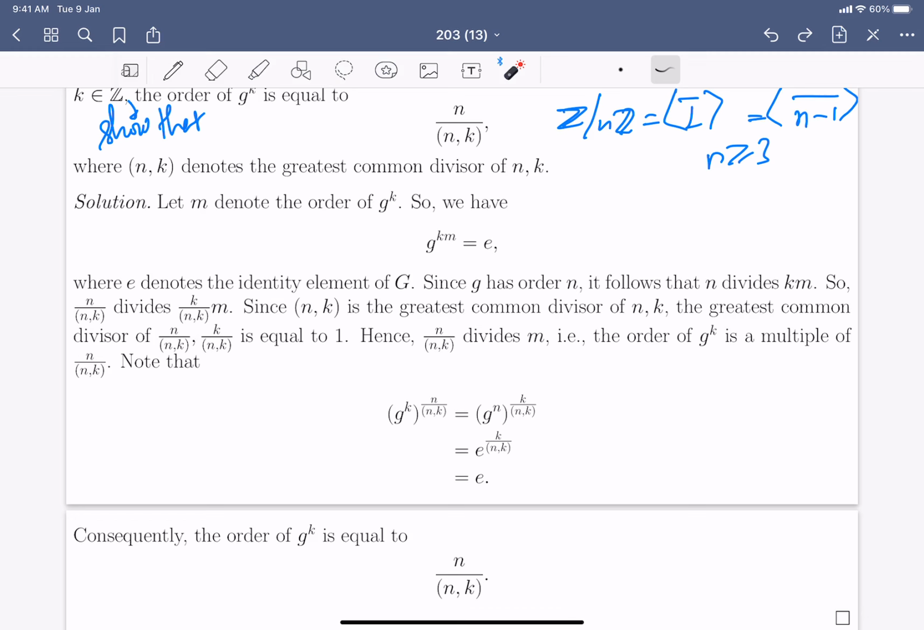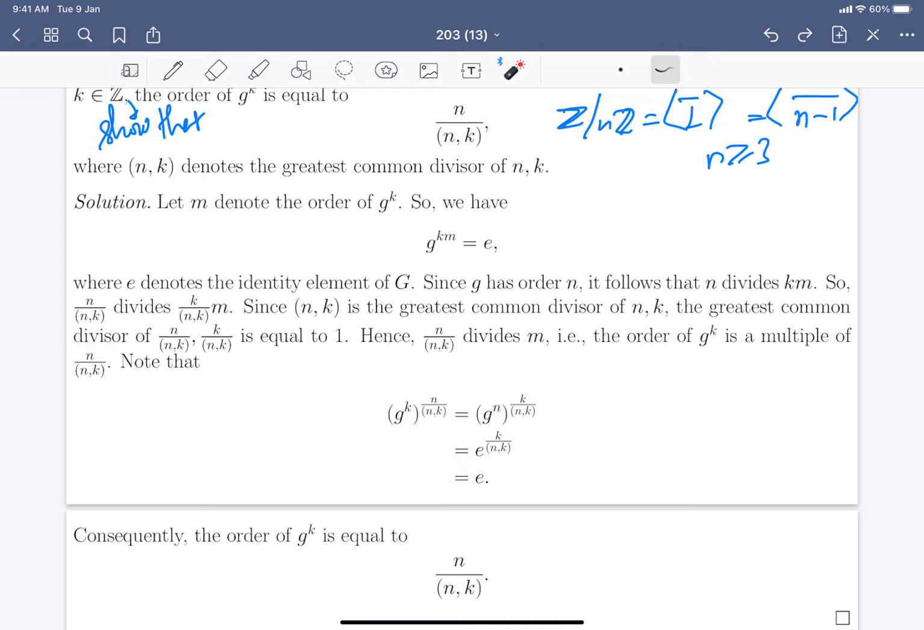And we know that this GCD(n,k) is the greatest common divisor of n and k. So these two integers, n over GCD(n,k) and k over GCD(n,k), do not have any non-trivial factor in common. So it follows that n over GCD(n,k) divides the integer m. So the order of g power k, which is m, is a multiple of n over GCD(n,k). And if you raise g power k to the power n over GCD(n,k), you end up getting